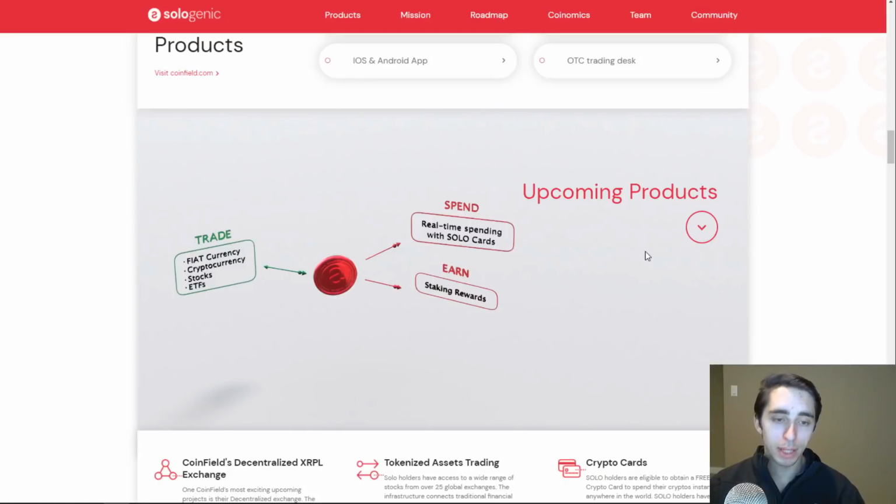But all in all, I really like the vision here, guys. I think that something like Sologenic could be really valuable because I've had this problem myself. As you all know, I'm a macro trader myself. I don't like to just trade one asset class. I'm definitely probably more exposed to crypto than anything. But even if it's just 20 or 30% of my portfolio, or sometimes more normal levels for most people, like 50 to 60%, that might be in other assets like equities or ETFs. They give a broader and lower risk exposure in many cases. To have to go between different platforms is so archaic, and it shows that there's a key problem, as there are many problems in the financial sector yet to be solved, that Sologenic is trying to fix.